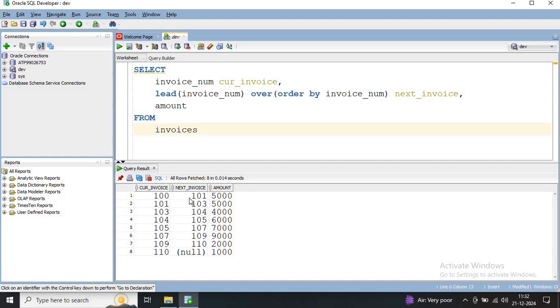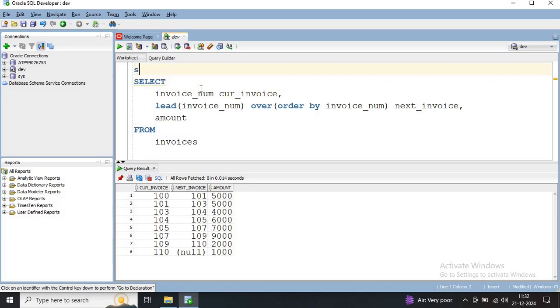That means that particular invoice is missing. So that is why we have to write the logic in the outer query that we have to pick up